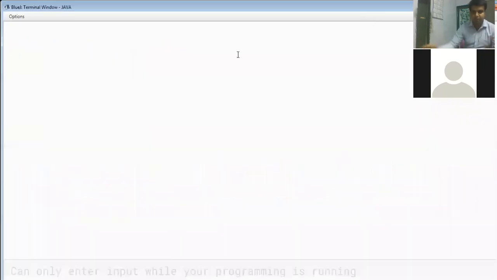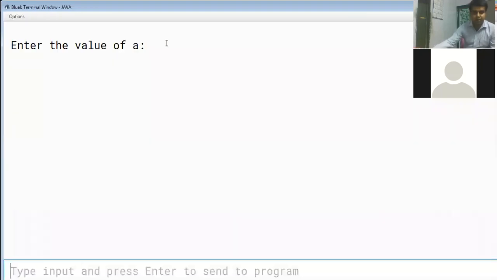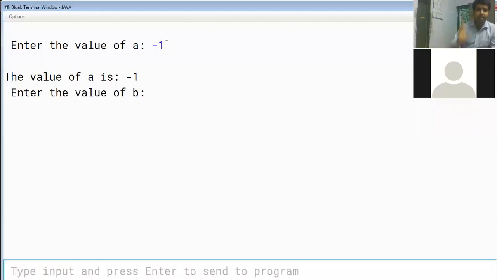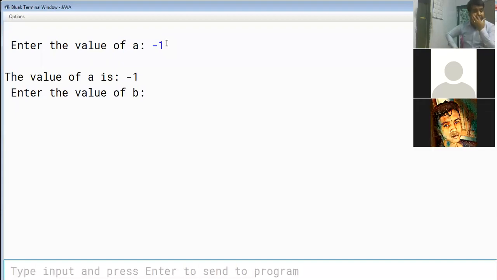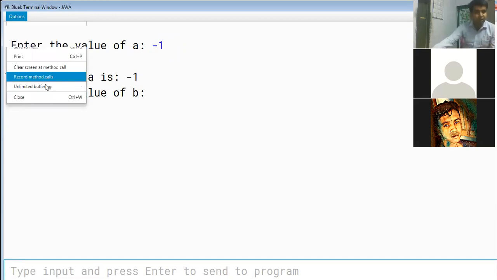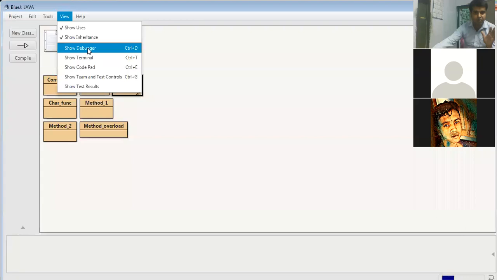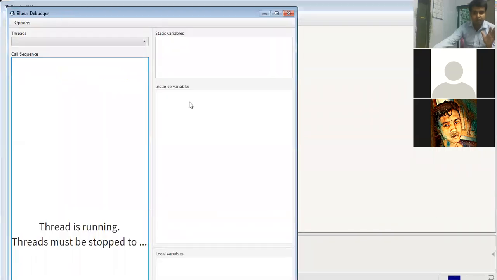Okay, so I'll clean the screen and restart my program. Let me say I'll take a single value, let's say -1. See, -1 has been taken. That means it is understood. Sir, can it take a 2-digit number? I am showing you one after the other. Just hold on. As I said, I will take a few valid inputs and a few invalid inputs also. I have to stop my program here. Stop debugger.